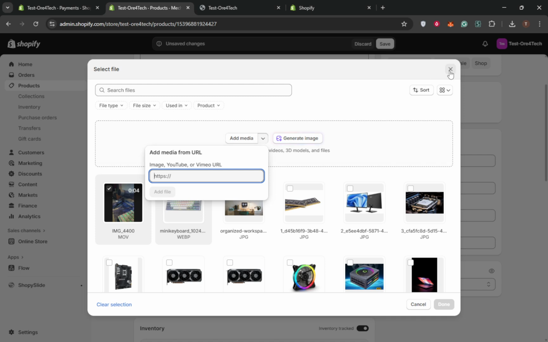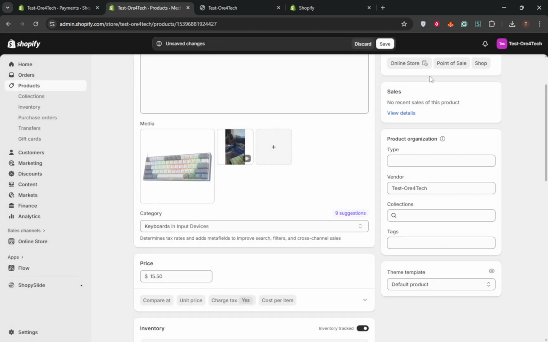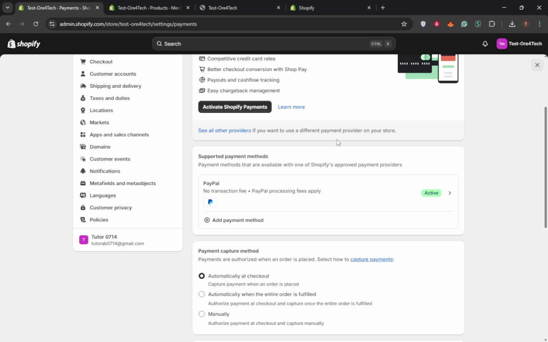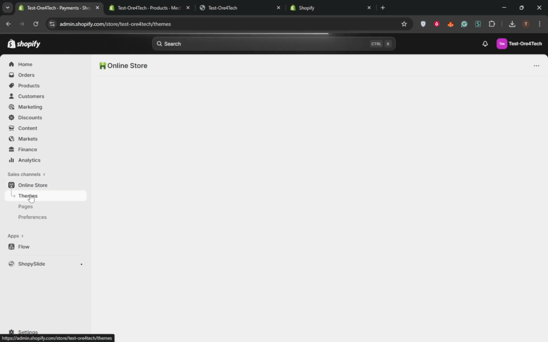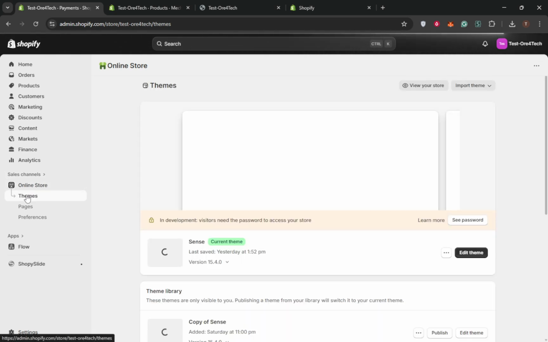After adding the video, click Save on the product page. This step is easy to overlook, but it's the key that makes your changes go live. Once saved, your video appears among the product's media thumbnails, right alongside your images. When shoppers click it, the video will play using Shopify's built-in HTML5 or embedded player, and everything will display naturally